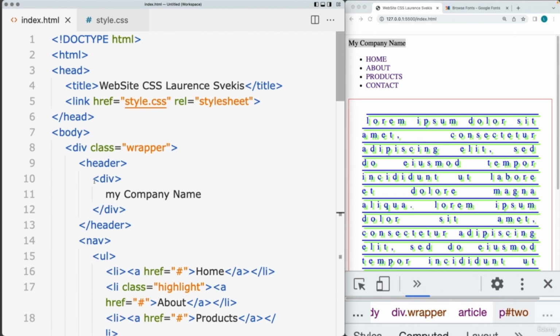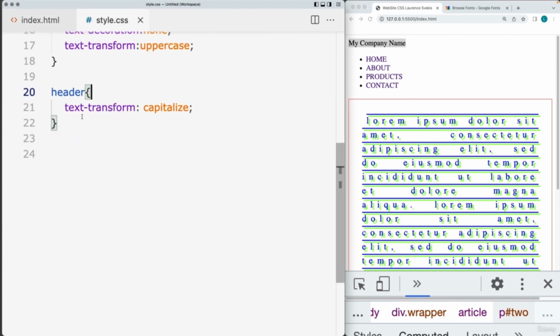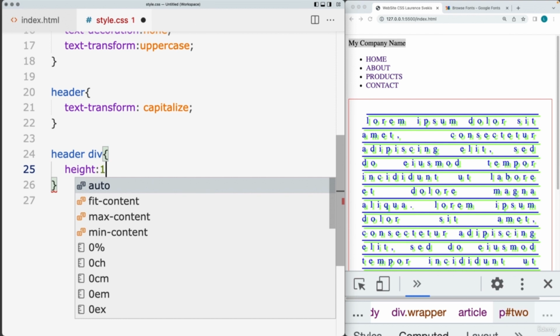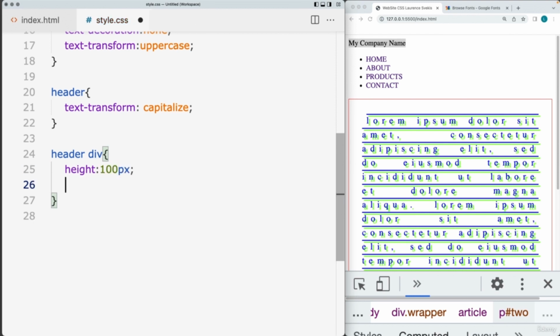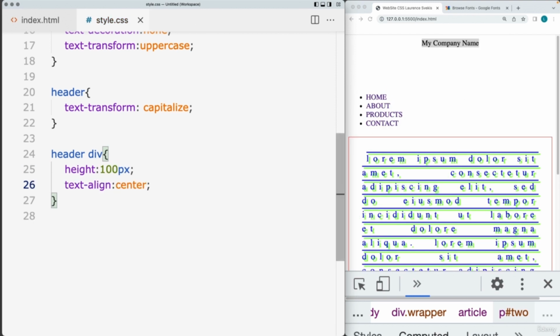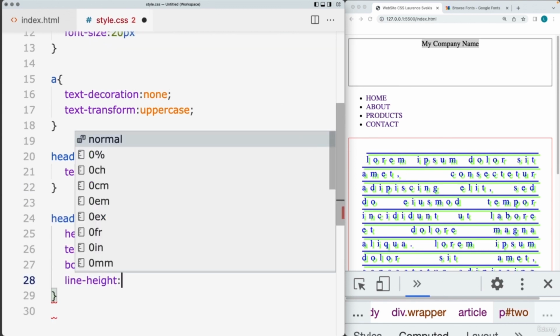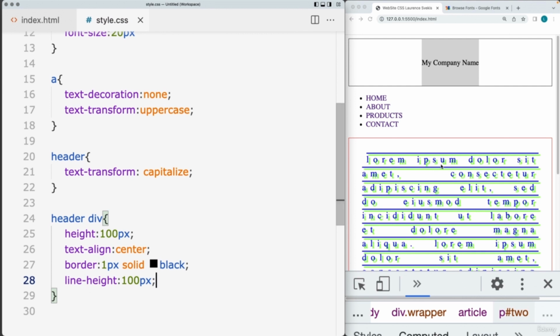Also use the line height to vertically center. So if you just have the one sentence, so within the wrapper, we've got the header, the div. So let's make a selection of that element. So header div, set up a height for this element. That's going to be set to 100 pixels. Horizontally center the text. I'll add in a border. And if we set the line height to 100 pixels,